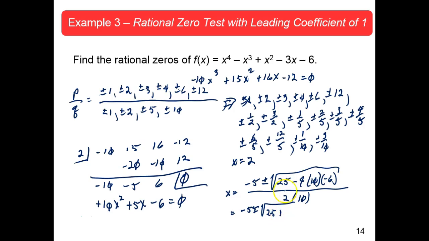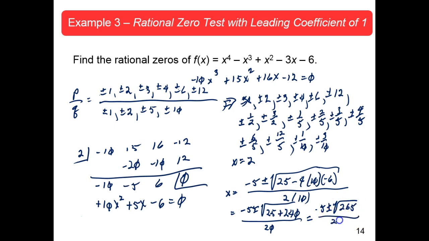Plus, and then when you multiply those two things together, you get 240. Right? 4 times 6 is 24. Times 10 is 240. Divided by 20. This is looking bad, folks. This will be minus 5 plus or minus the square root of 265